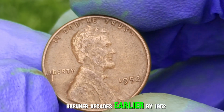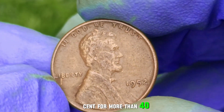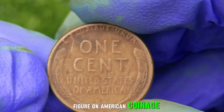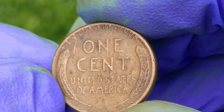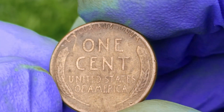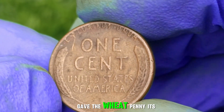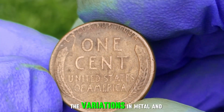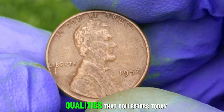Brenner decades earlier. By 1952, Lincoln had appeared on the cent for more than 40 years, making him the longest-running figure on American coinage. On the reverse, two wheat stalks flanked the words 1 cent, a simple yet powerful image symbolizing abundance and strength. This familiar design, carried in millions of hands, gave the wheat penny its nickname. Yet while the design remained the same, the variations in metal and strike gave certain 1952 pennies qualities that collectors